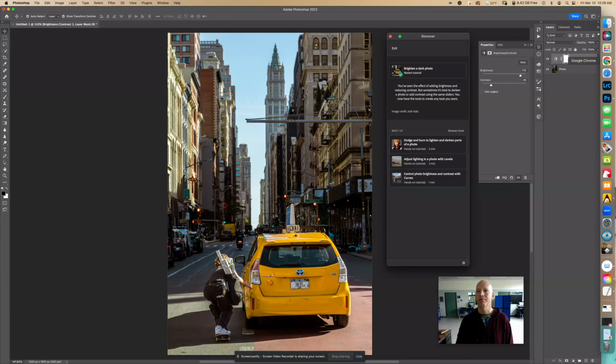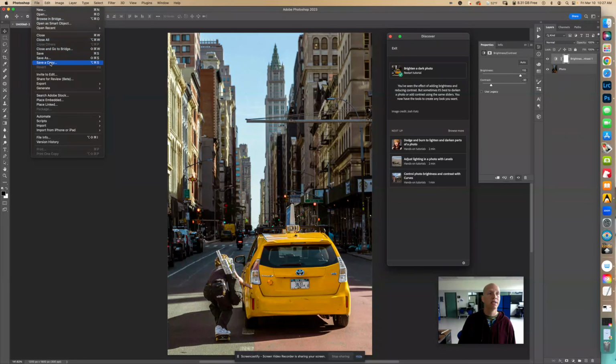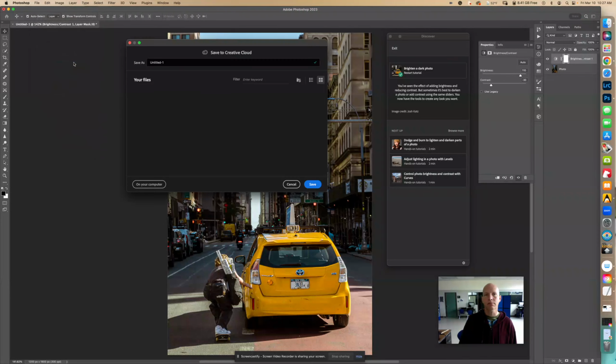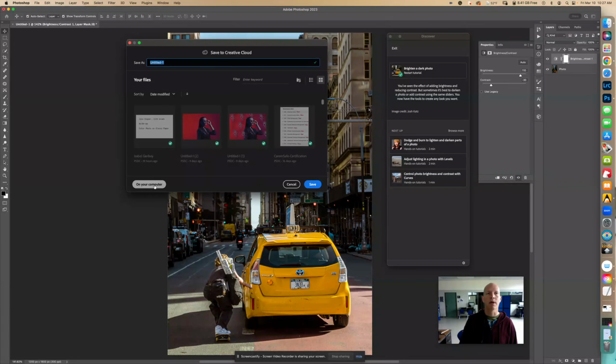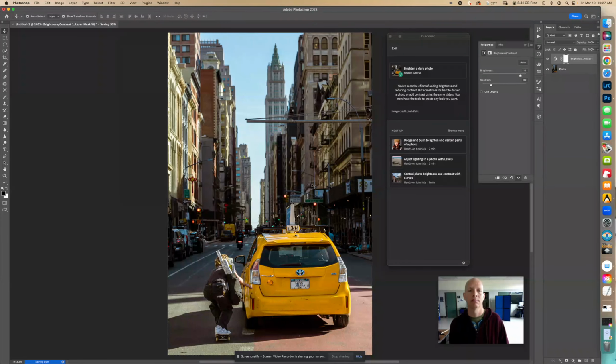So don't forget, if we're going to save this photo for, say, something online, and it doesn't need to be saved perfectly, we can go into File, Save a Copy. For this one, I'm going to save on my computer. You can save it to the Creative Cloud. But let's change the name of it to the name of the assignment, Brighten a Dark Photo. I'm going to put my name either in the front or the back. So there, I did save it. And we're good. Okay, so hopefully